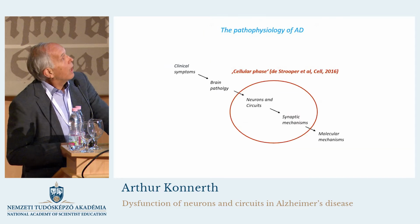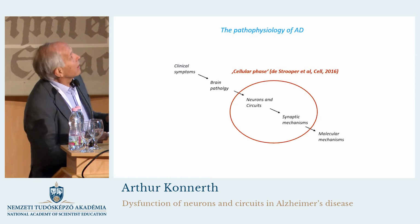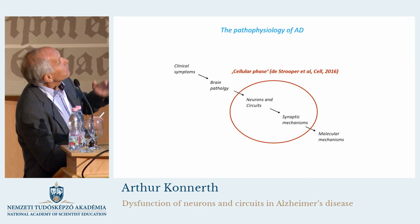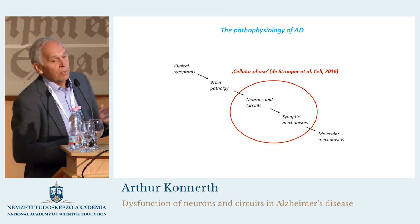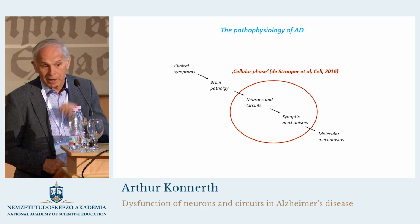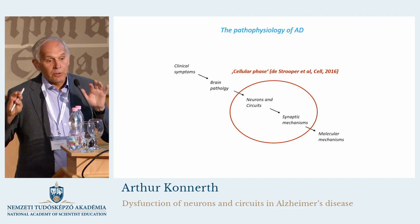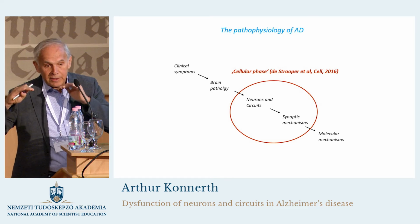Now, where do we stand with our understanding? Over the years, there had been a lot of accumulation of knowledge on the clinical symptoms, brain pathology, and a lot also in the last decades on the molecular mechanism. A big gap of knowledge was what happens really on neurons on the single cell level or single synapse level